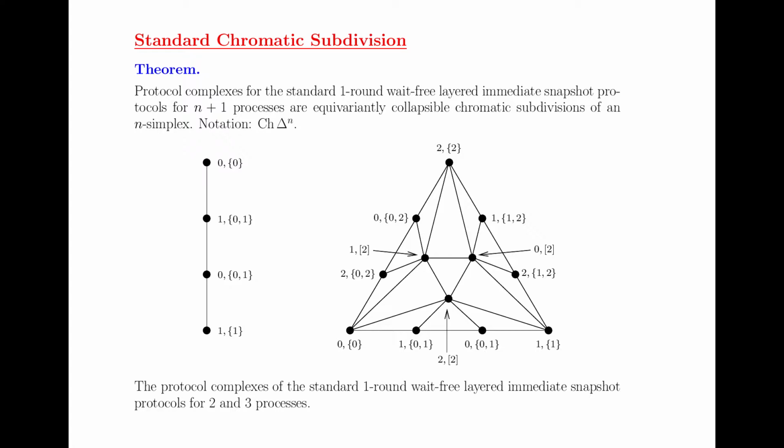It is the most natural thing to do, as opposed to the barycentric subdivision in this context, if you want to preserve the colorings. These things are naturally colored, it comes with the model, because each vertex is a view of a process, and each edge connects two compatible views. So each edge means there is an execution under which these two have these views simultaneously. Now if you simply color with the identities of the processes, this can be colored. So for 3, I can only get away with 3 colors.